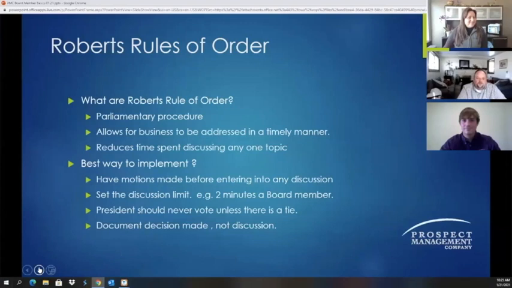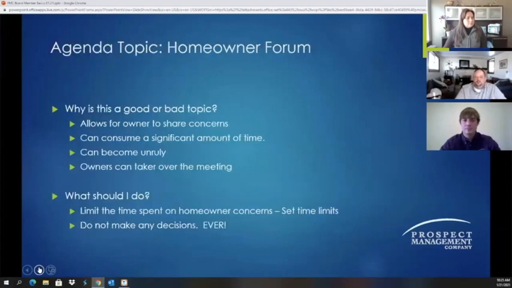Yes, keep them short, keep them to the point, and if you want to include anything regarding the discussion, just say the board discussed whatever it was. A motion was made by person A, seconded by person B. All board members voted in favor, or you say 3 of 5 board members voted to approve it, and then the motion carried.